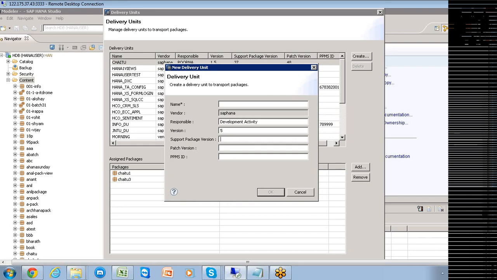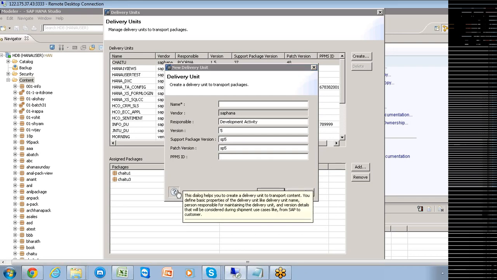This is also SP5, this is also SP5. I told you, this dialog helps you create a delivery unit to transport content from version details, that can be during shipment from SAP to the customer and all. That means SAP to the production.